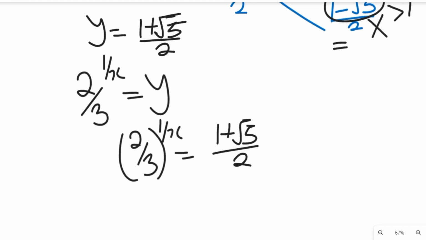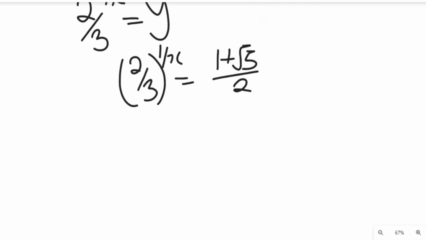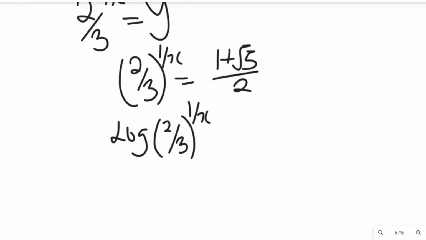Now, to solve this equation, we're going to take the logarithm of both sides. So if we take the log of both sides, this will give us log of 2 divided by 3 to the power of 1 divided by x equal to log of 1 plus root 5